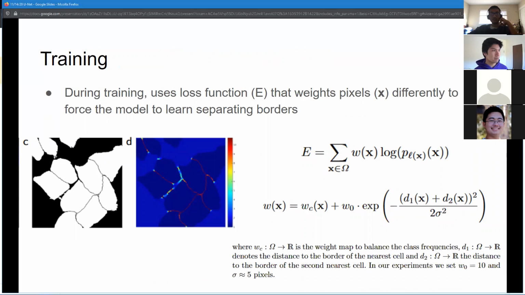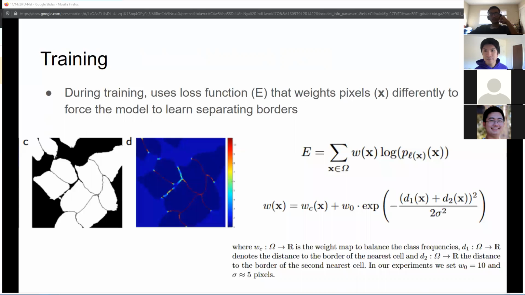Cool. Kartik, do you want to go over training? Yeah, sure. So essentially, as you'd expect, the output here, we want to classify every pixel in our segmentation map. And so the loss function here is a variant of the softmax combined with a cross entropy. But I think the idea here is that you're generating a per-pixel classification.